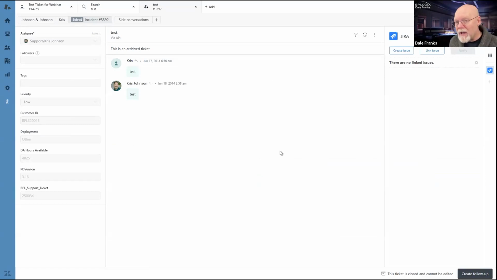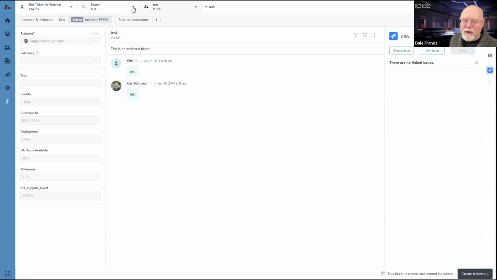So if I have a ticket that has been marked as solved and it's closed, and then in the future there's a similar issue that you want to reference, or the original issue has cropped up again, whatever the issue may be, then you can reopen that old ticket.